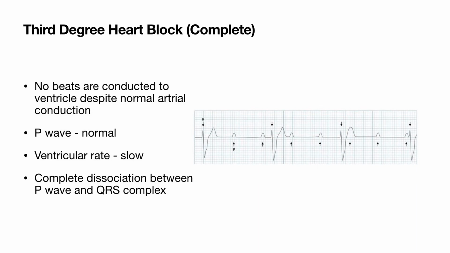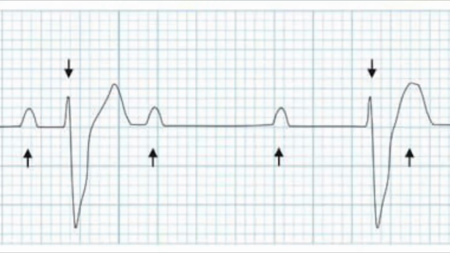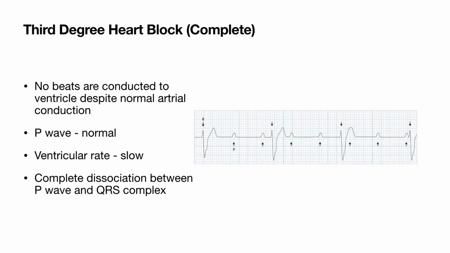Observe this ECG. You can see P waves at a regular interval at a rate of 100 per minute, and there are QRS complexes also at regular intervals at a rate of 30 per minute. But there is no fixed relationship between the two. That is, atria are beating to their own sinus rhythm and ventricles are beating to their own ventricular rhythm. Impulses are not going across the AV node to the ventricles. So this is third degree AV block or complete heart block.